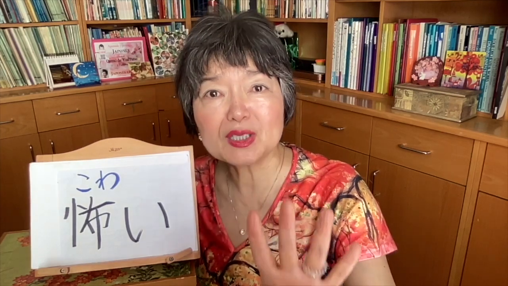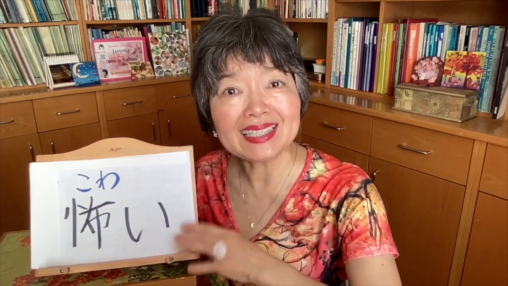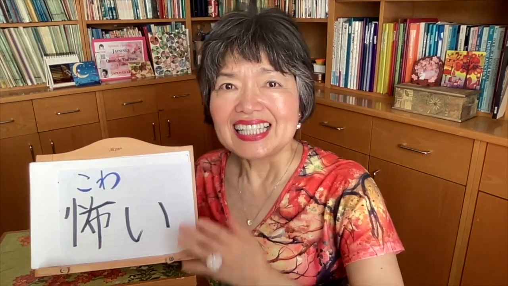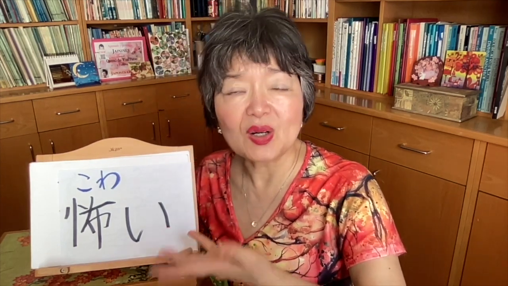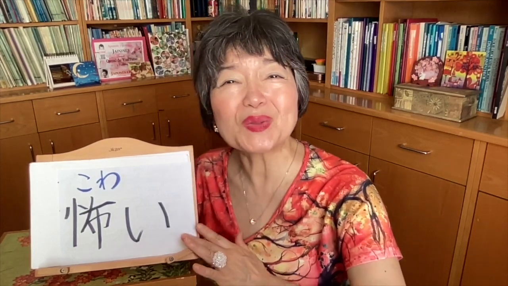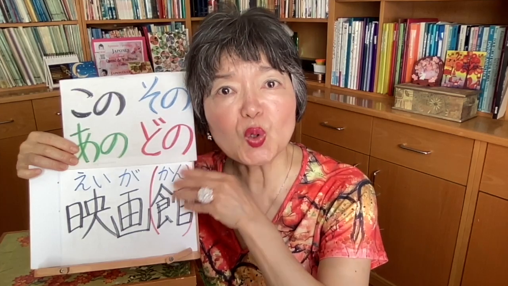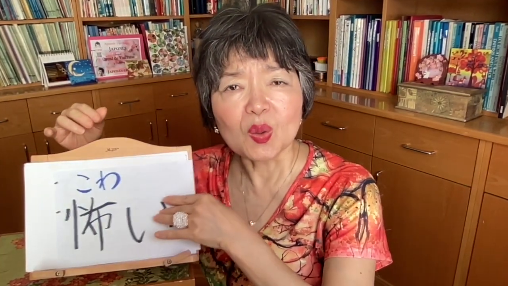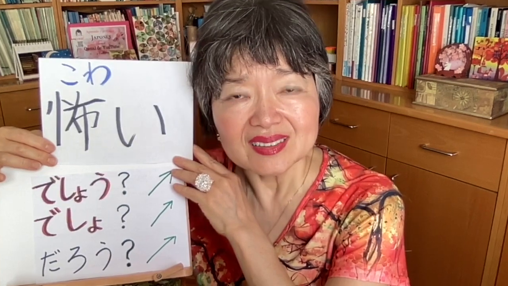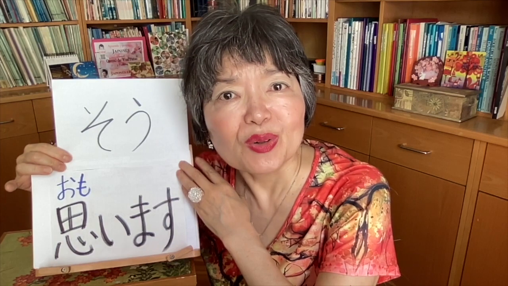The 4 forms of plain form of this 怖い is 怖い、怖くない、怖かった、怖くなかった。In this case, this movie was scaring. Oh, I got scared. So this is past tense and affirmative. So we're going to use 怖かった。その映画は怖かったでしょう？その映画怖かっただろう？